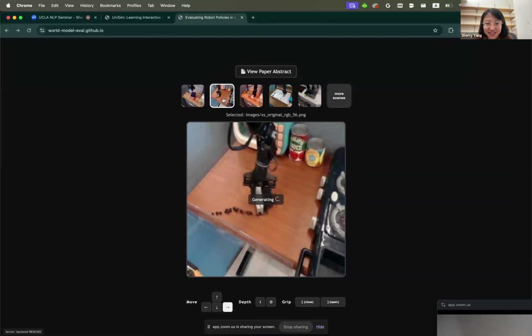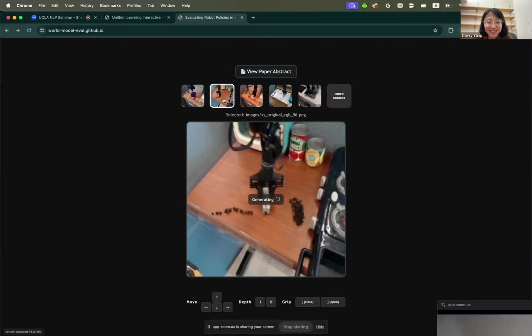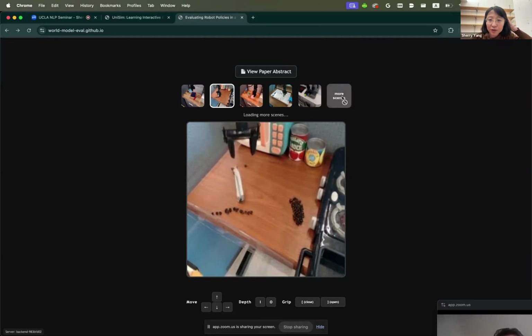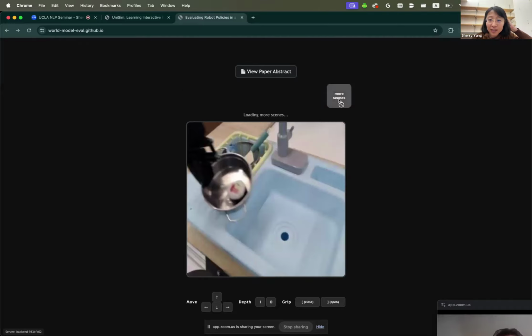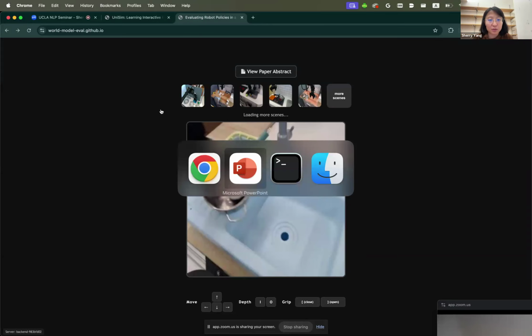So you can try to sweep these beans on the table to different directions. Let's move left again. Move left. Move left. Right. So maybe if we open the gripper, see if that works. Okay, that works. All right. So if we lift it up, is it gonna? Okay. Now you can see the gripper is lifted and the rod is still on the table, right? So this is actually non-trivial because it's really generalizing to arbitrary initial frames, right? There are so many frames you can select, and I believe that I have not seen demos like this in the past. It's a small model, it's not perfect, but it is really showing us the way.